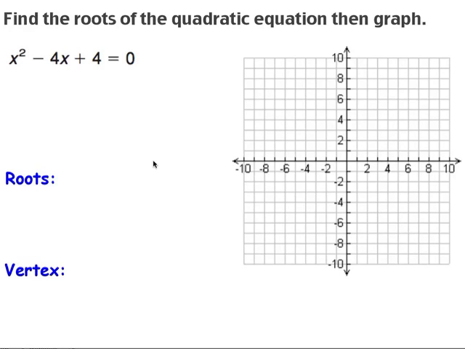Today we're going to learn how to graph quadratic equations using the roots. Probably today is the first time that you hear the word roots, but it shouldn't be a new concept for you guys because we talked about zeros. And remember that when we talked about the zeros, we said that the zeros are